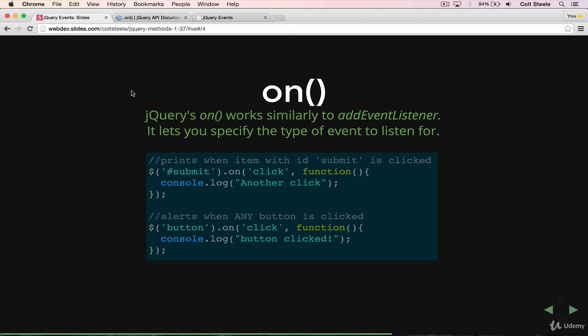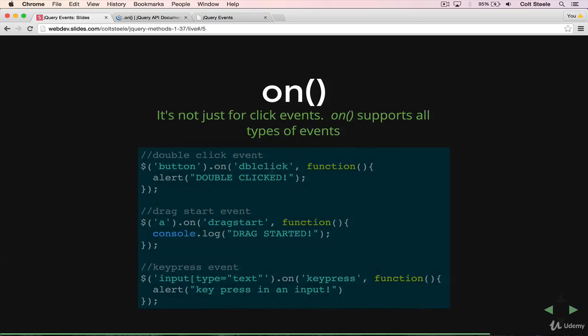On is very similar to the vanilla.js addEventListener. Obviously, it's a lot shorter, it's just 2 characters, but it behaves in a similar way where we give it the name of the event that we want to listen for. So unlike .click or .keypress, which only will fire on one type of event, on allows us to specify if we're doing a click, like we're doing here, or if we're doing a double click, like I have here, button.on double click, or a drag start, or